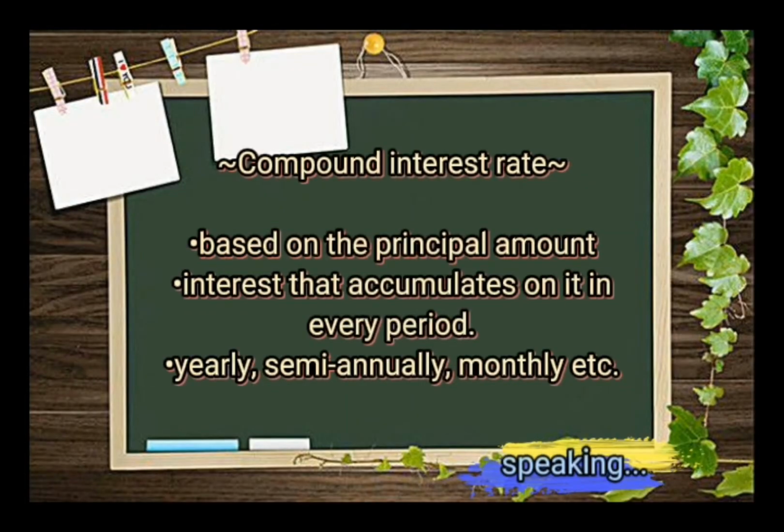The difference between simple and compound interest is that compound interest is based on the principal amount and the interest that accumulates on it in every period. There are clues that we can see in compound interest rates, like yearly, semi-annually, monthly, and so on. For